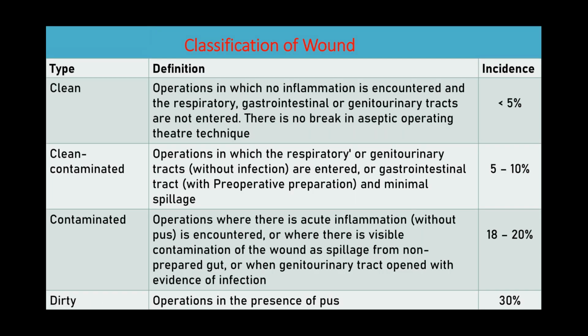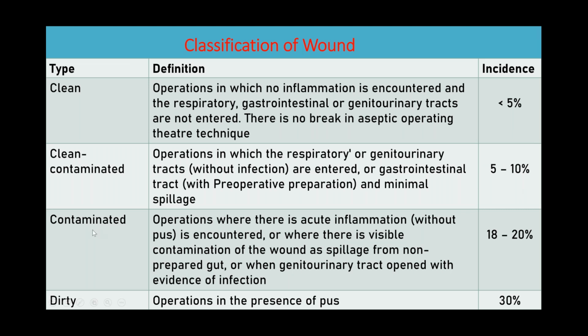Here also is the classification of wounds. A clean wound is one where there is no inflammation and the gastrointestinal or genitourinary tracts are not entered; the risk of infection is less than 5%. And a clean-contaminated wound is where the respiratory or genitourinary tracts are entered, and the risk of infection is